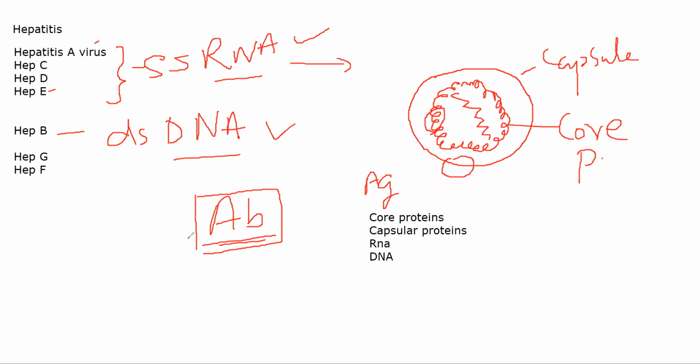So this is the picture for now. These are the types of viruses. Now I'll tell you how they generally infect. Let's suppose we have a hepatocyte. They mainly affect your hepatocyte. Let's suppose this is your hepatocyte.